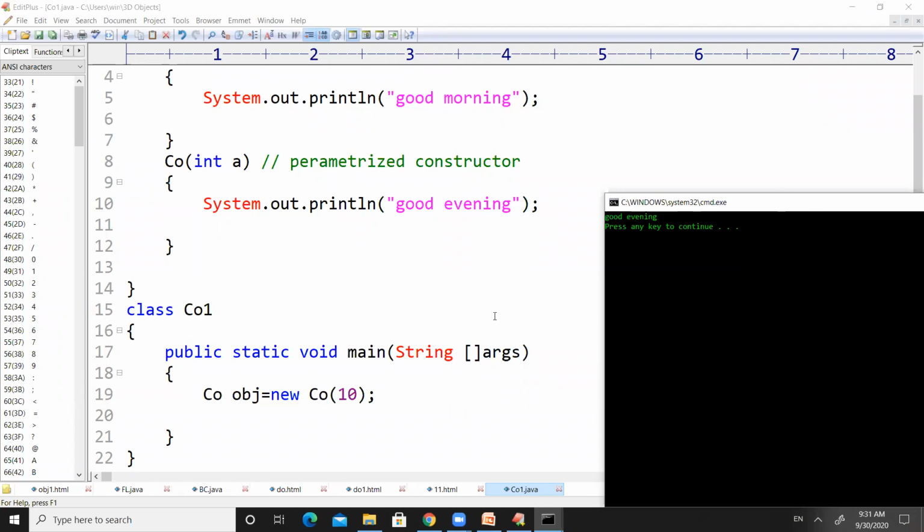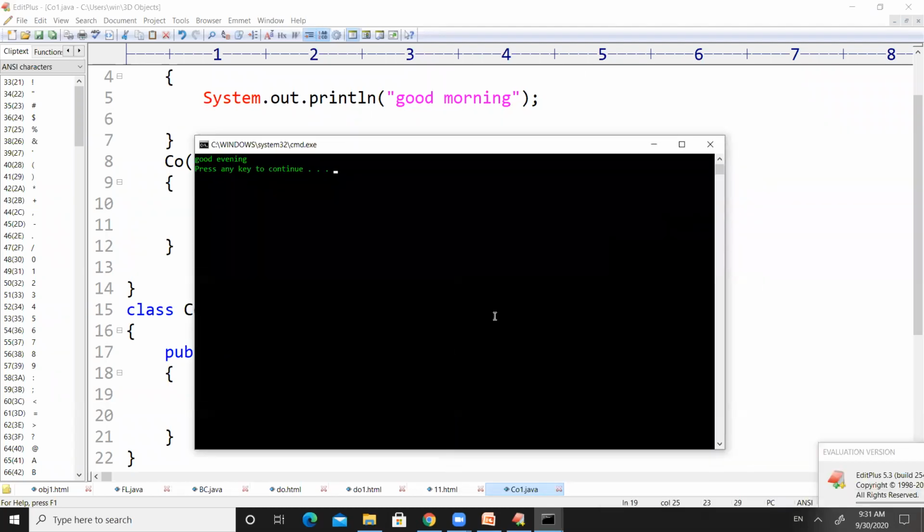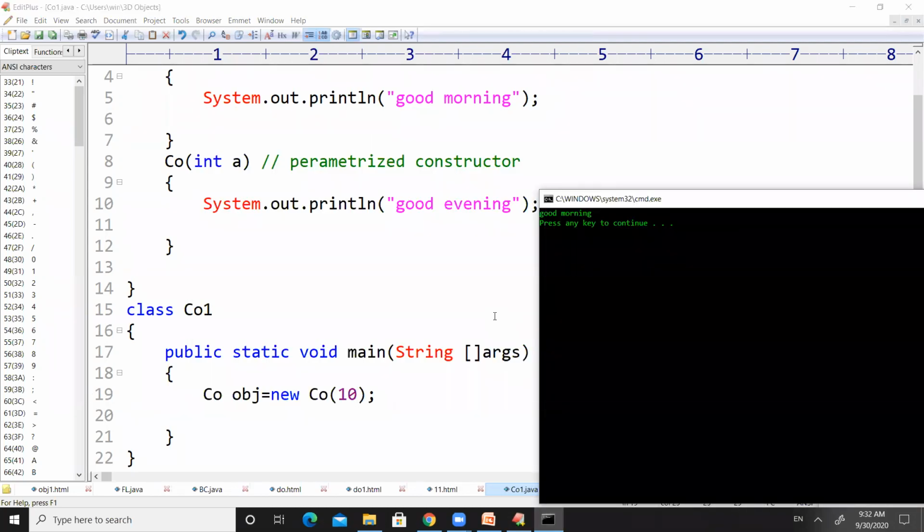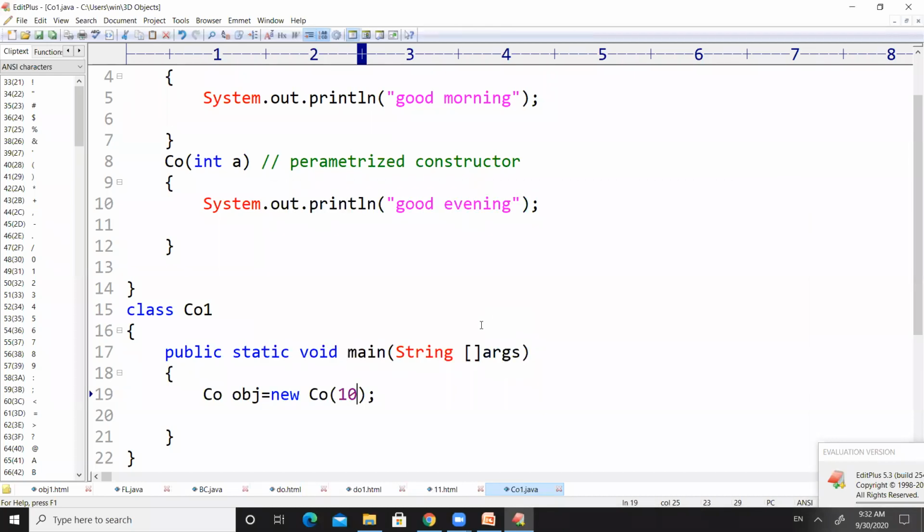If I want to print both good morning and good evening on the output screen, I don't want to print only good morning or only good evening. I want to print both. If I want to print both, I need to create two objects. One object will execute the constructor with 0 parameters. Another object will execute the constructor with an integer parameter.